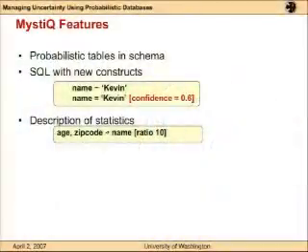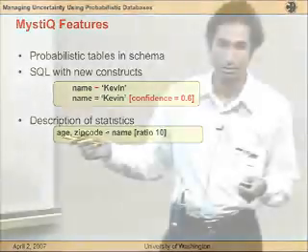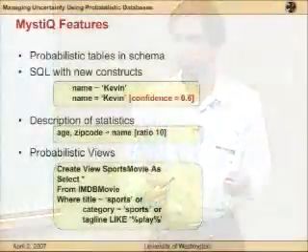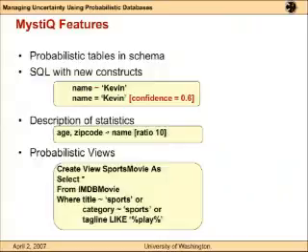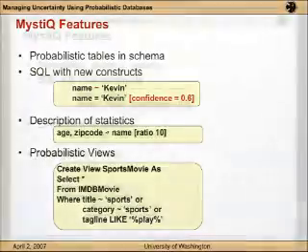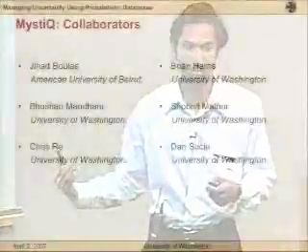You can also describe statistics. So you can say every age and zip code has around 10 names. And then you can have probabilistic views. You can write any SQL query you want, and store it as a new view. And the users can just use it as a new relation in writing their queries. Here we have to be careful, because we cannot just store the output of the query. We also have to store the exact query that generated the output, because the output will have some correlations, and this query describes what those correlations are.